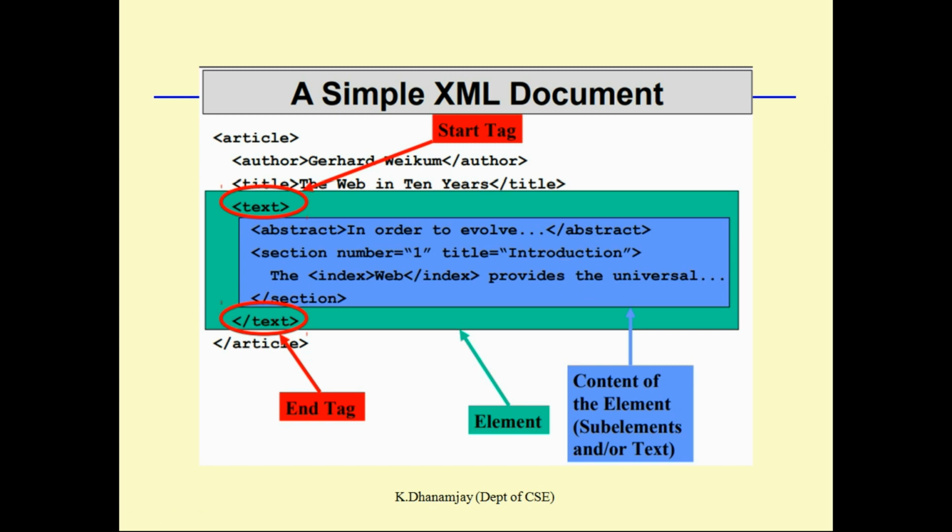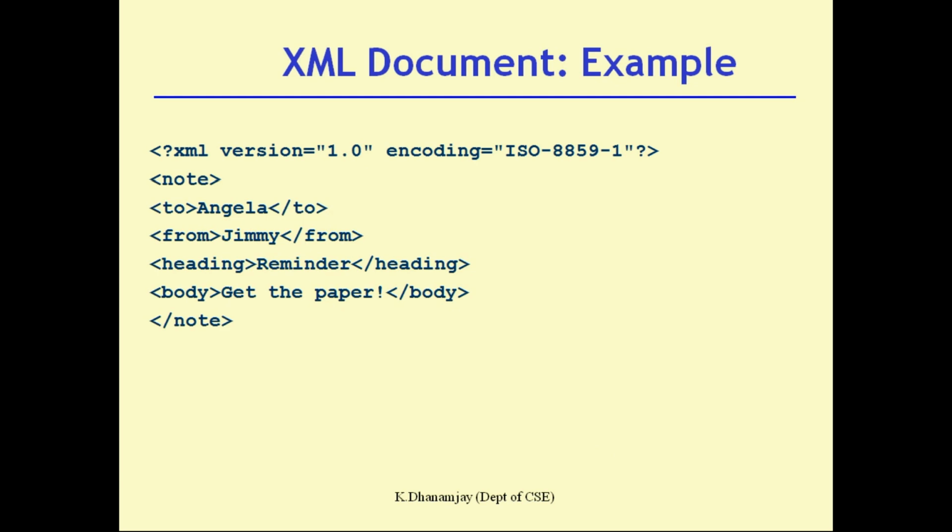Let's see an attribute part with a simple example. First, you have the XML version, you have to write it like this. If you want to design an XML program, you have to write this. You have to specify a prologue, or you can use declaration statements like that. The first line in the document is the XML declaration. So in the XML declaration you have to specify a version.